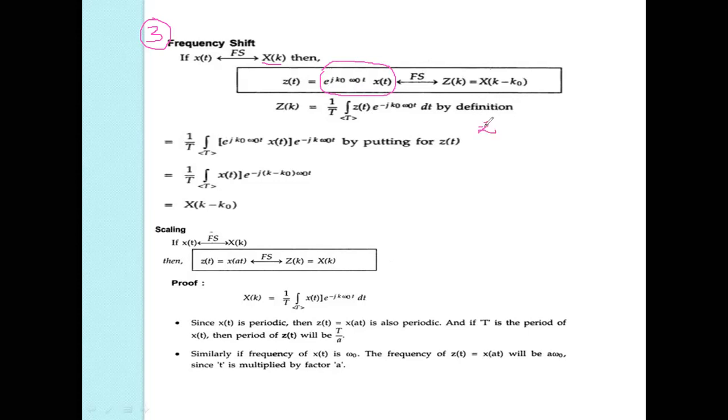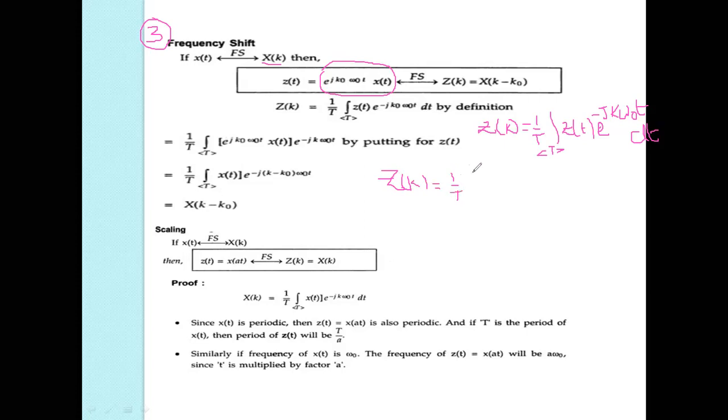So z of k is equal to, what is the analysis equation saying? 1 by T the integral over T of z of t e power minus jk omega naught t dt. Understood, my dear students? Now I am taking z of t. They are asking to take z of t equal to e power j k naught omega naught t x of t. So z of k is equal to